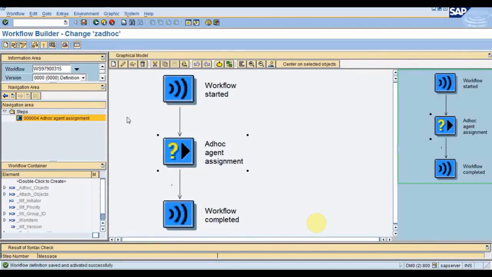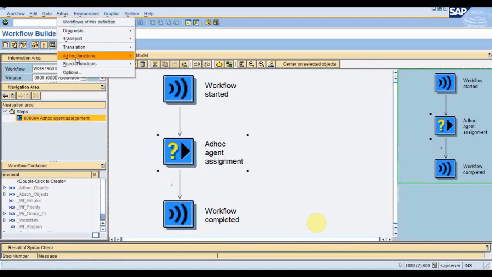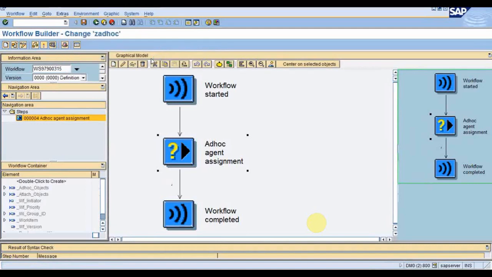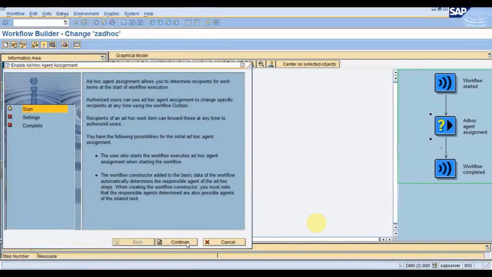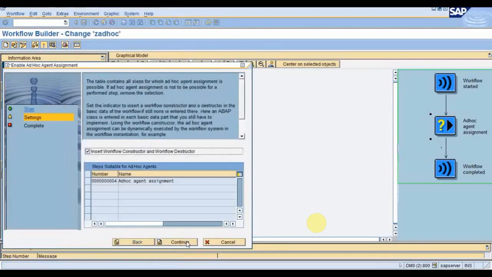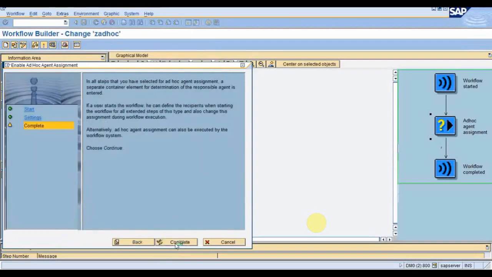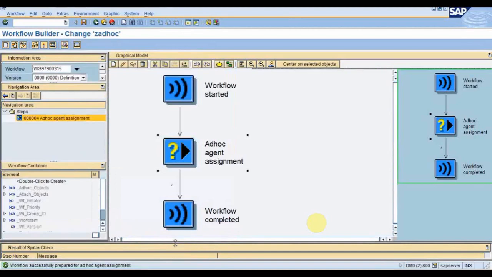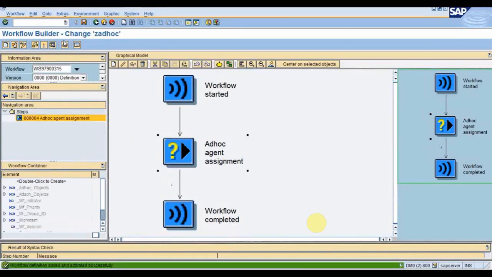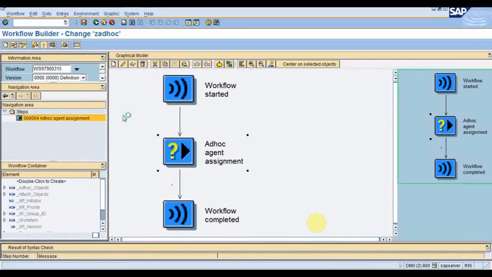Now once activated, go to Extras, Ad hoc functions, Enable ad hoc assignment, select that, click on continue and complete. Just complete the wizard. Now activate it and execute.